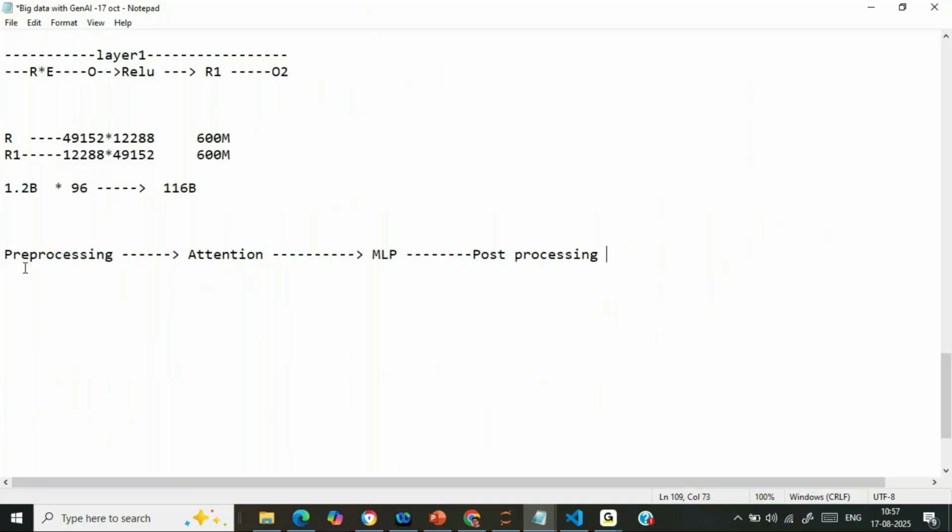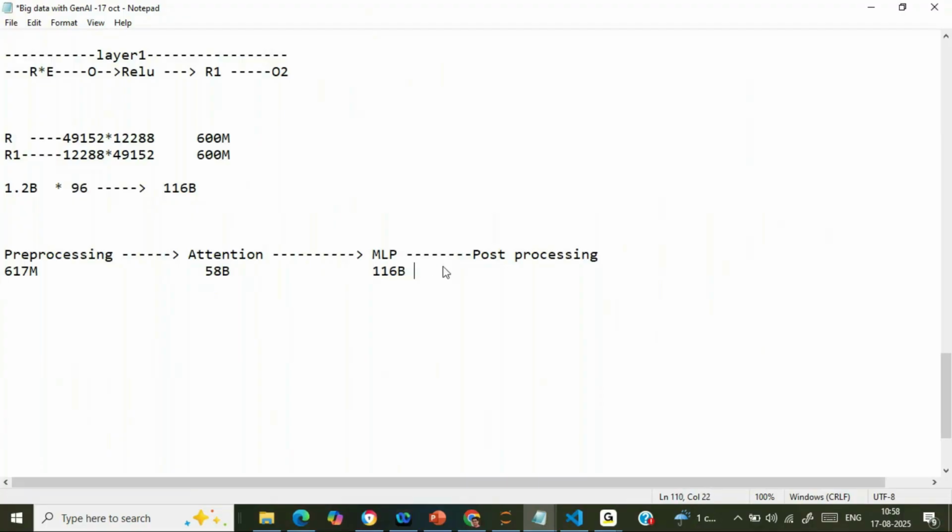Pre-processing is contributing, to say, 617 million parameters, okay. Attention is contributing 58 billion parameters. This MLP phase is contributing 116 billion parameters, and